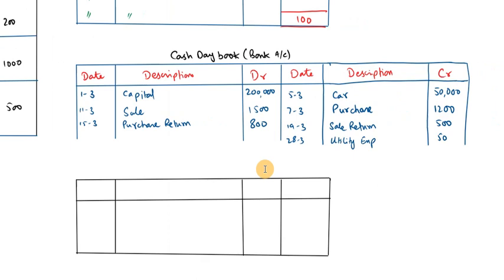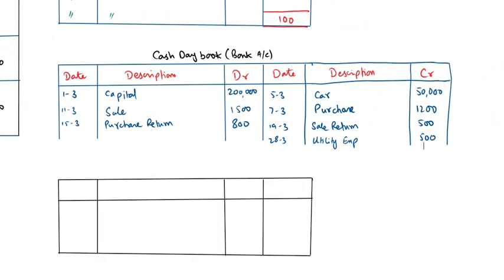So this is the amount, 500. So this is the cash day book. We have to close the cash day book and find the carried on balance. The carried on balance will be either a debit balance or a credit balance. So we have to close this cash day book, and the total of this will be